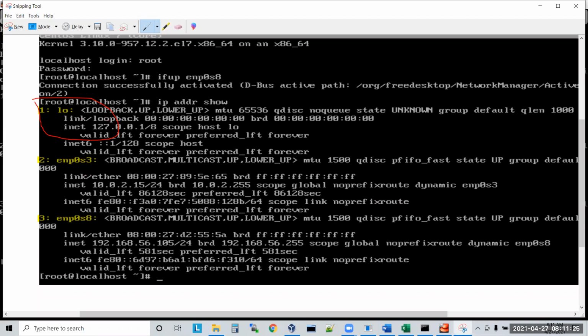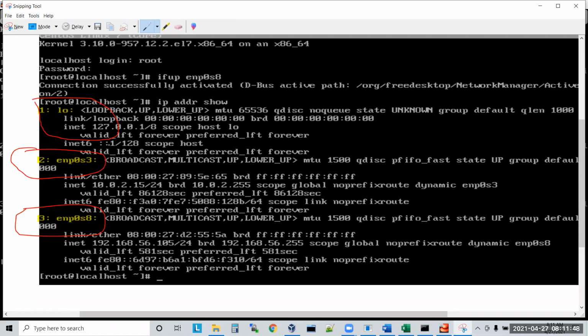The second one, enp0s8, is the one which we added, and this is the third one which we added, adapter 2 and adapter 3. By default, the OS will give us some names, enp0s3 and enp0s8. These are the names the adapters are given by default.